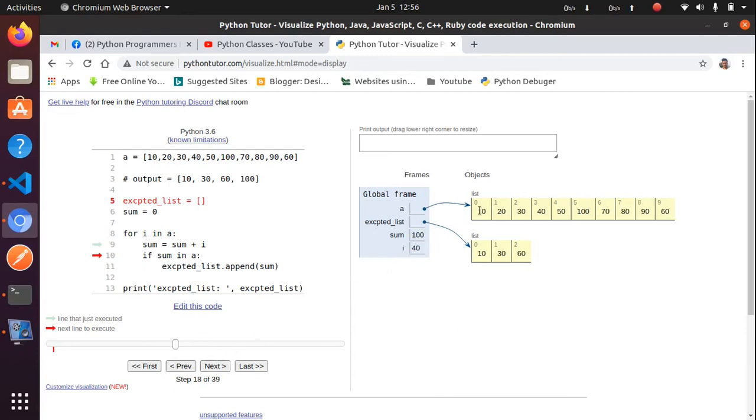And right now the sum is going to be 250. 250 is in the list, no, so it is not going to pass the if condition. After that, all the iterations will be complete. The print statement will be executed, and your accepted result is going to be printed. This is not big rocket science. I hope you understand how it works.